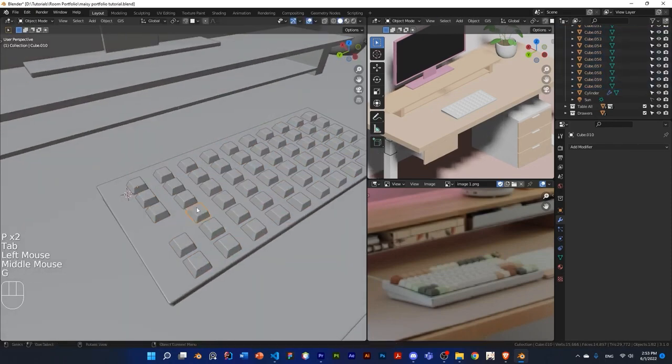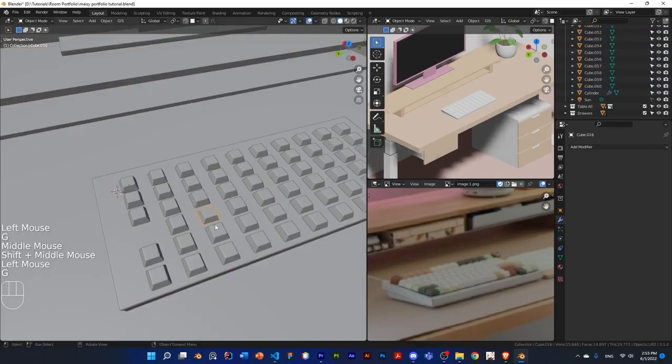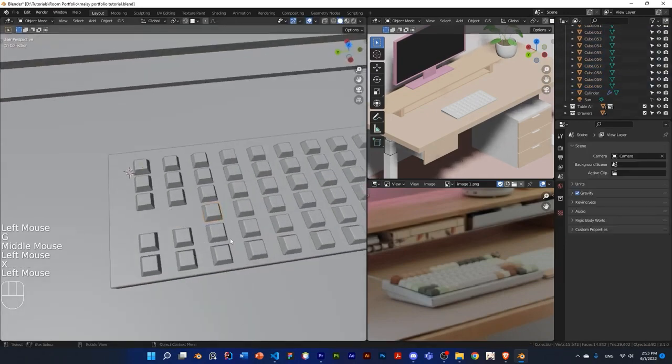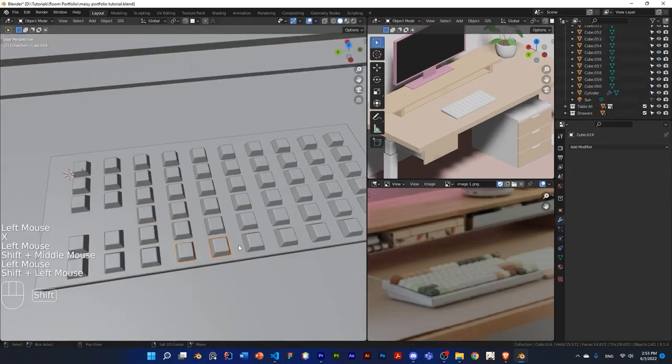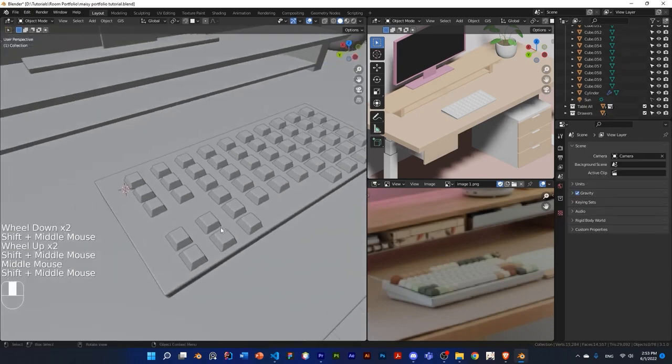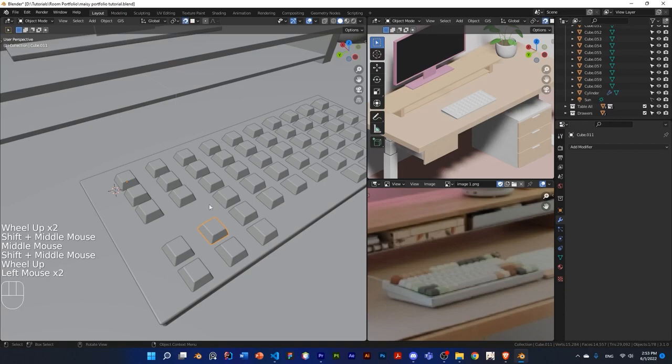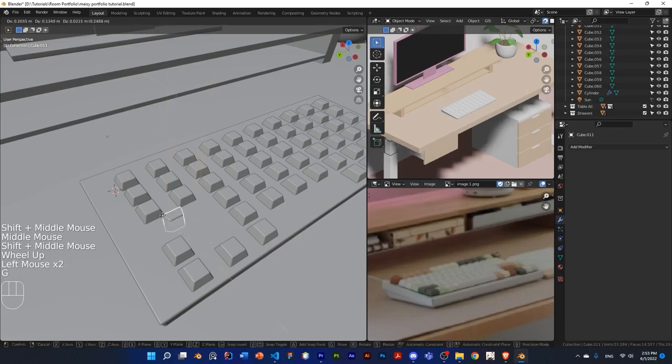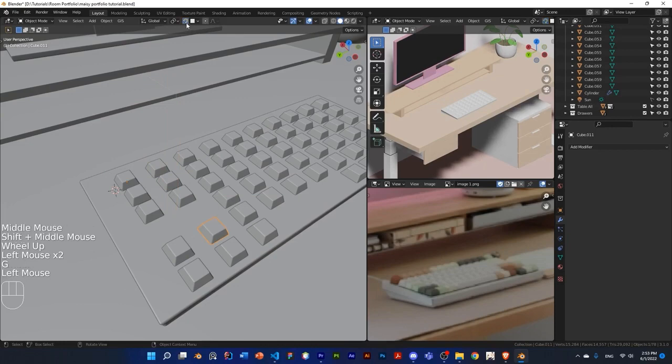And notice all of these are now their individual keys. So you can just select them like any other mesh and delete them. And I'll hit spacebar here and delete them. Now, when you're rearranging keys, you can turn on snapping again. So when you move, it doesn't start going inside. Or alternatively,